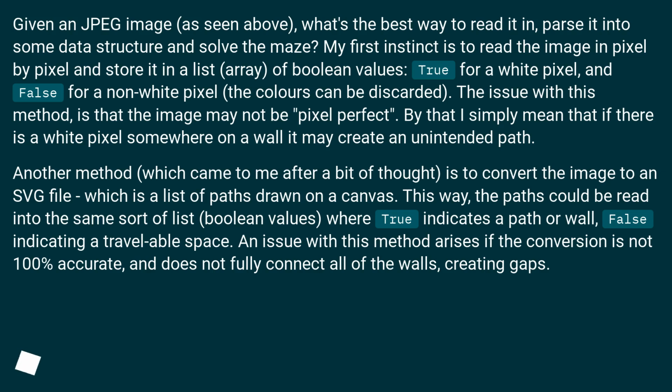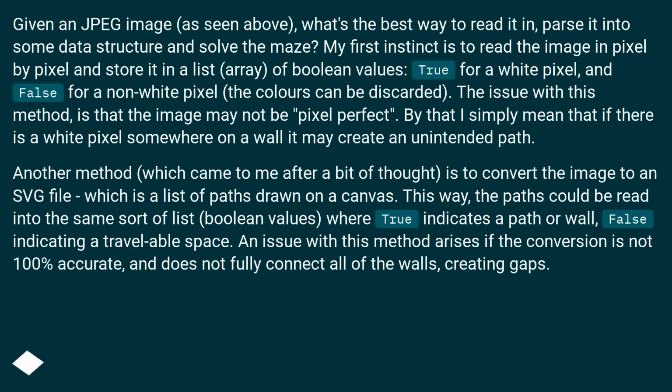The issue with this method is that the image may not be pixel perfect. By that I simply mean that if there is a white pixel somewhere on a wall, it may create an unintended path. Another method, which came to me after a bit of thought, is to convert the image to an